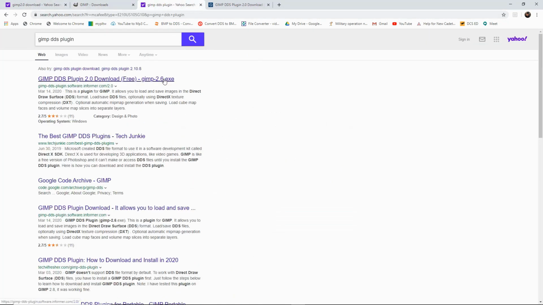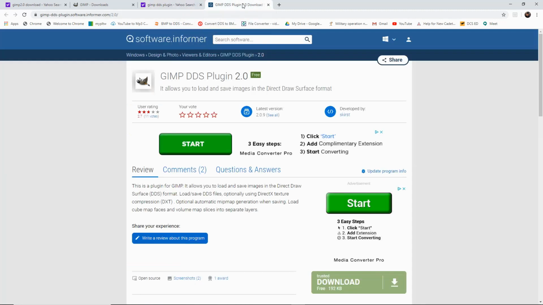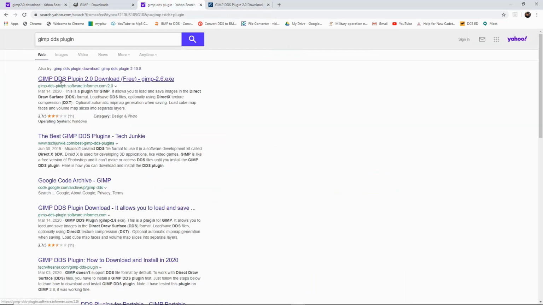So, after you download GIMP, you're going to want to download the GIMP DDS plugin, so you can save and open the DDS file format, which is what DCS uses. So that is very important because it is a huge time saver. Because otherwise you'd have to go and convert BMPs to DDS files, and that just takes forever. So you can see the DDS plugin is here,